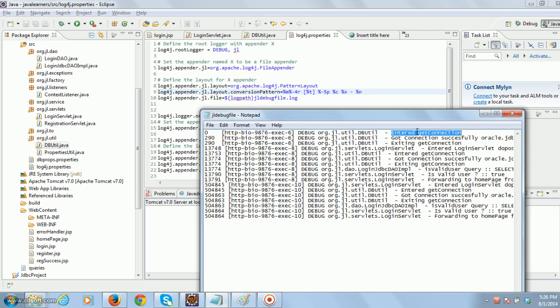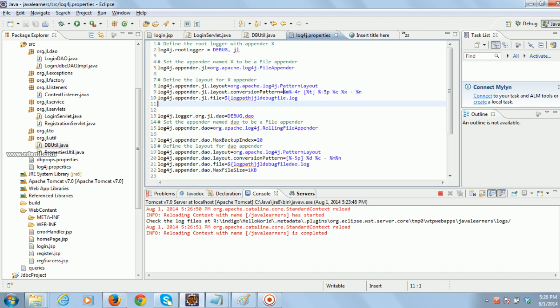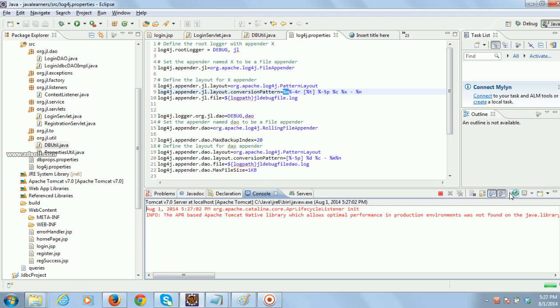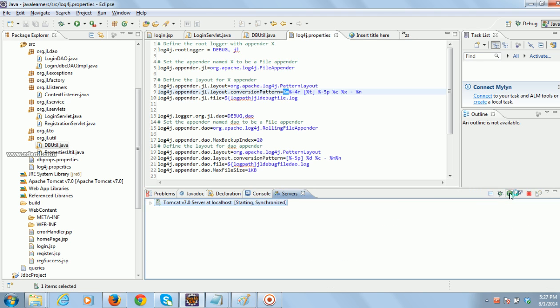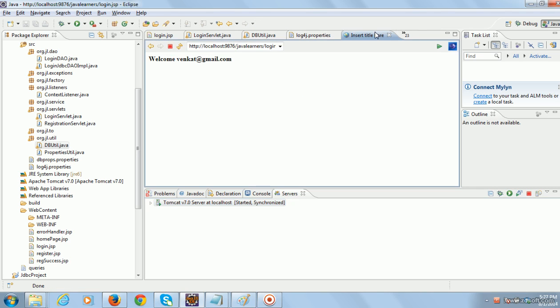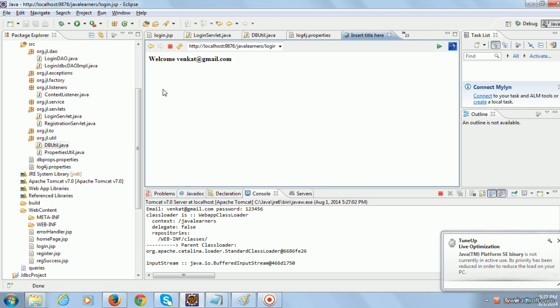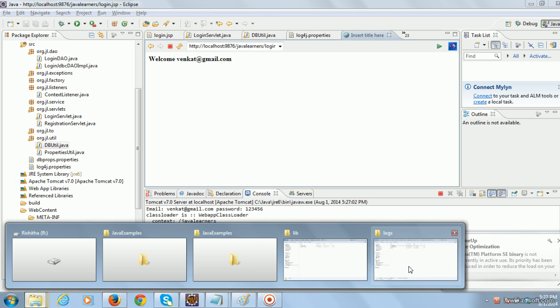Remember, the log message was printed at the end of the line, right? Now I have asked to place it at the beginning. Now I will restart and see the result. You will understand the difference. Okay, now if you see the content,